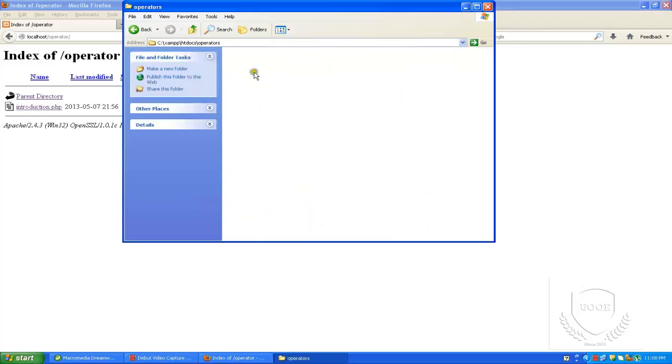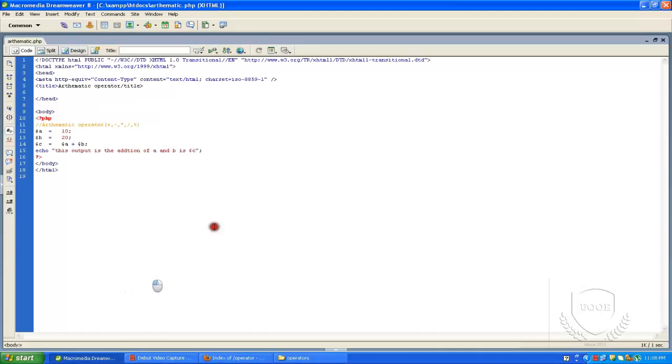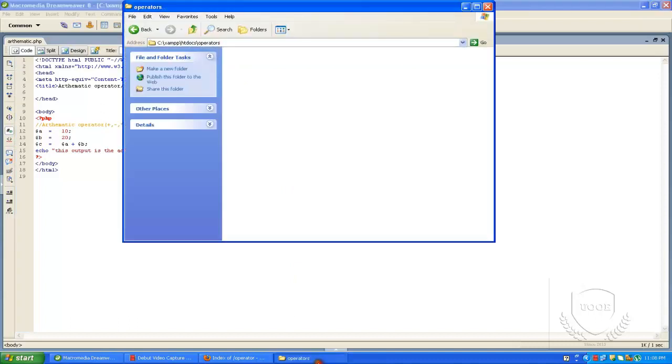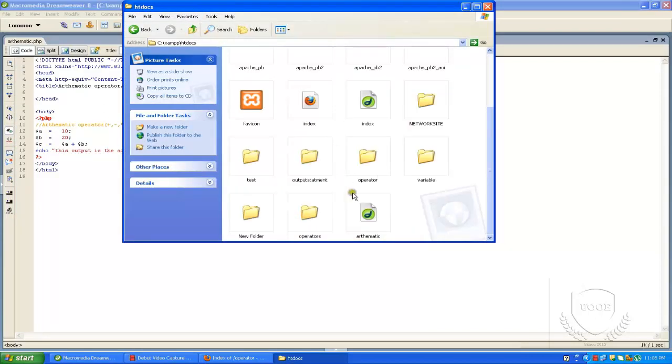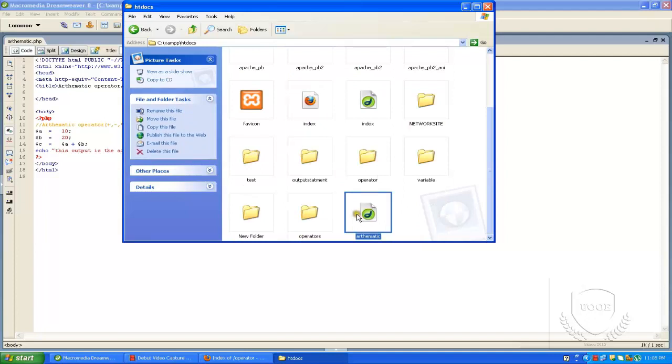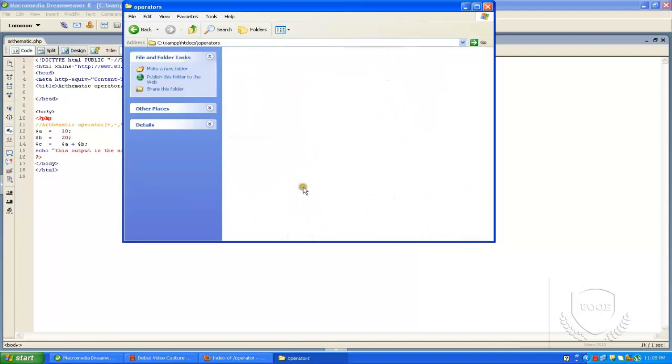Okay, I think I saved it directly in the root folder in htdocs, so let me copy this to the operators folder and open this.